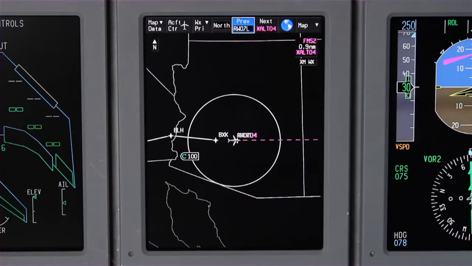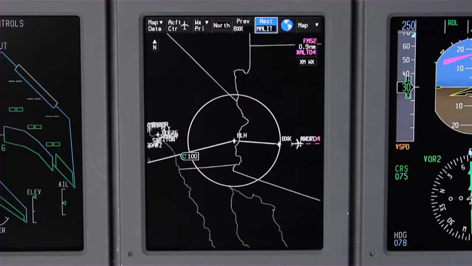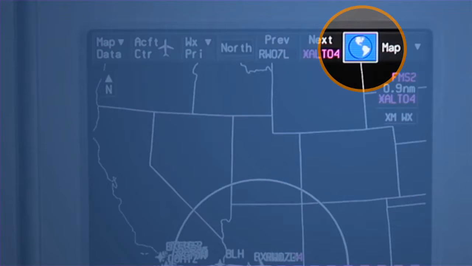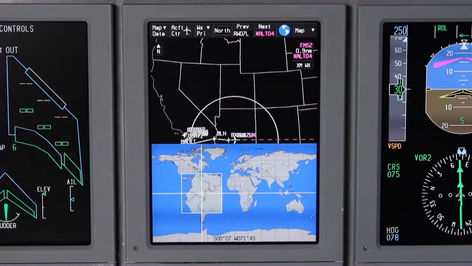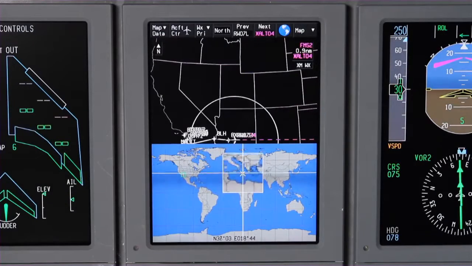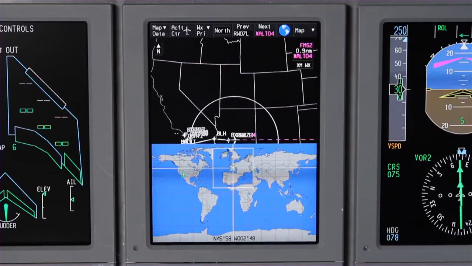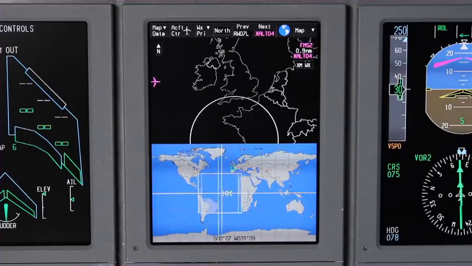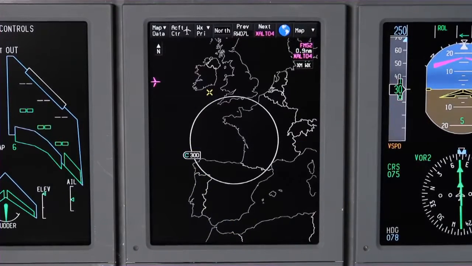The previous and next buttons on the control bar allow the pilot to step through the flight plan waypoints on the map display. The Hot Map button is displayed on the right edge of the control bar and is labeled with a globe. Pushing the Hot Map button brings up a map of the world for easy repositioning of the map display. This feature makes it easy to quickly reposition the map when needed. The Hot Map display is automatically deactivated if the cursor is moved away from the hot map for more than